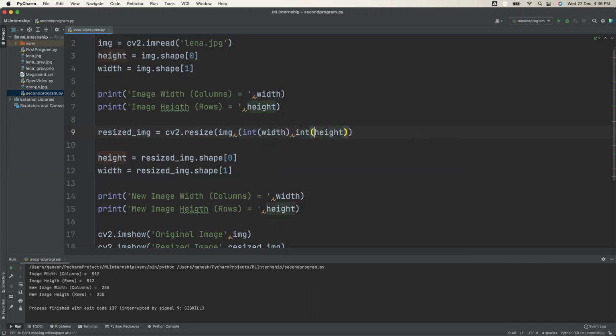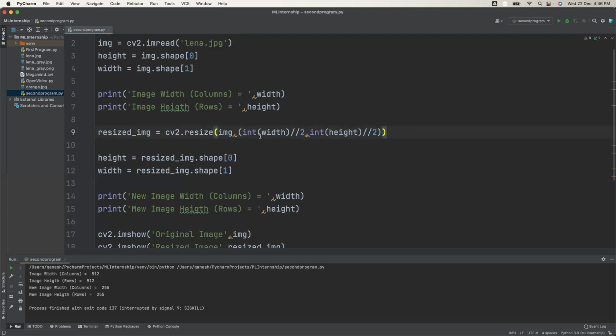So I'm making this an integer, and now you see here I want to resize it by 2, so divide by 2, and again here also it is divided by 2.